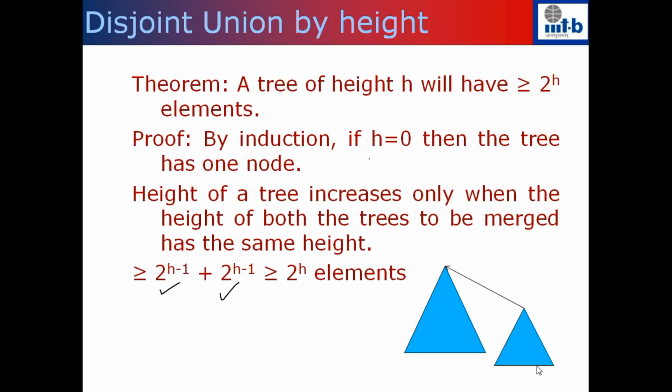So since we are maintaining disjoint sets, no tree will have more than log of n number of elements. So in both the cases, whether you do union by rank or union by height, the height of the tree will be at most log of n. So when you do the find operation, you will traverse from your node to the root node. So the number of times you go up is going to be at most order log n.